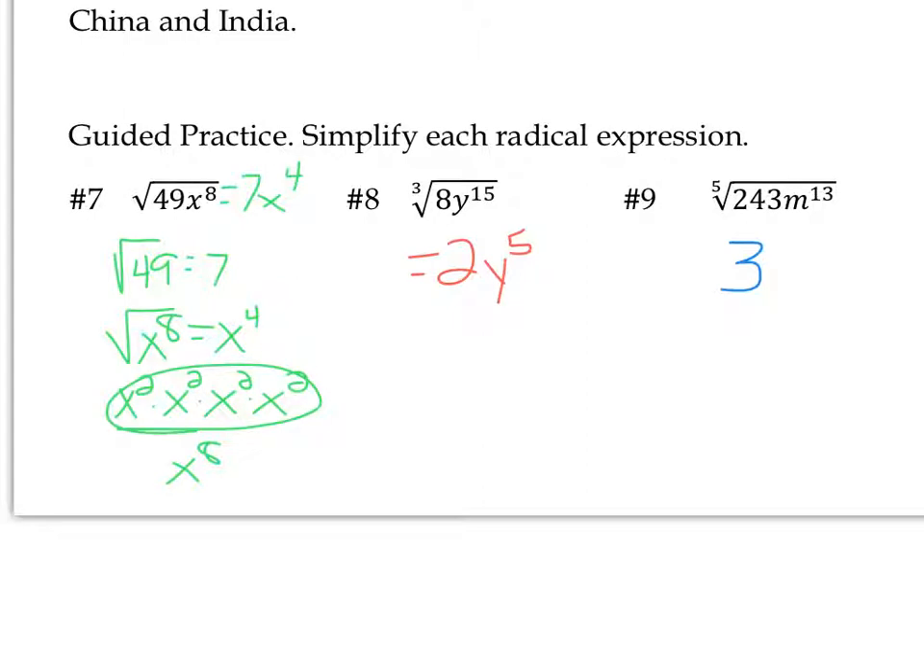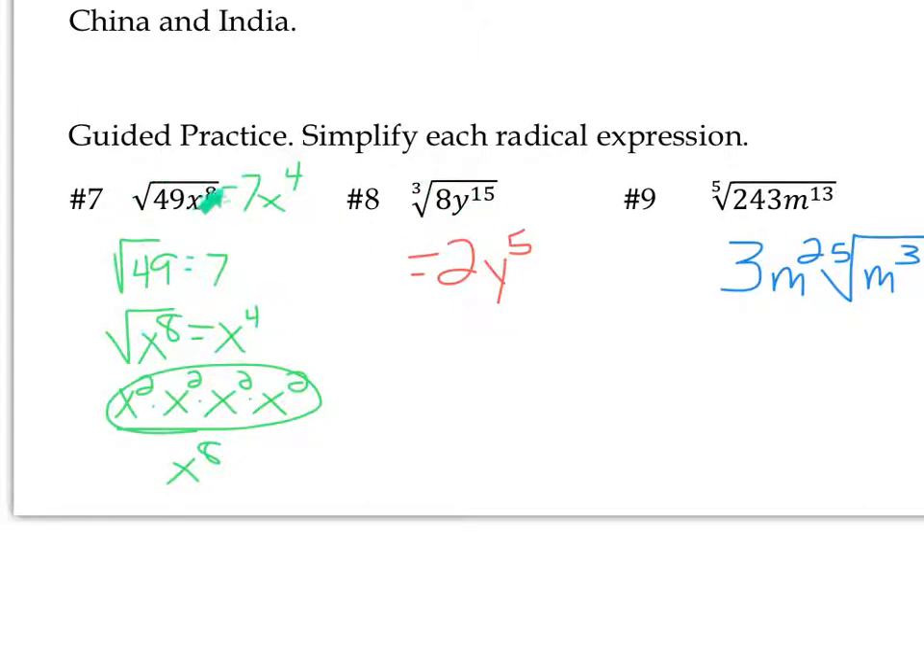And then we want to see how many times does 5 go into 13. It's going to go in there 2 times. It doesn't go in evenly, though, so we're going to have to talk about that. So we're going to have m squared, and then it's still going to be the fifth root of m to the third. Okay? When the 5 divides into 13 2 times, just like here, 3 goes into 15 5 times,